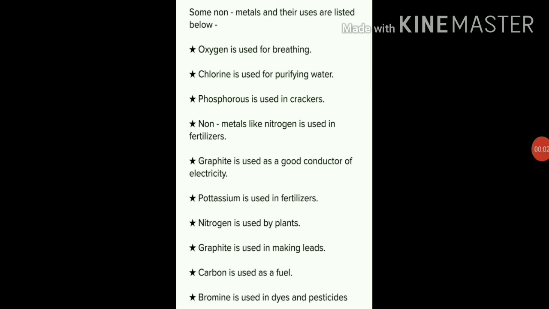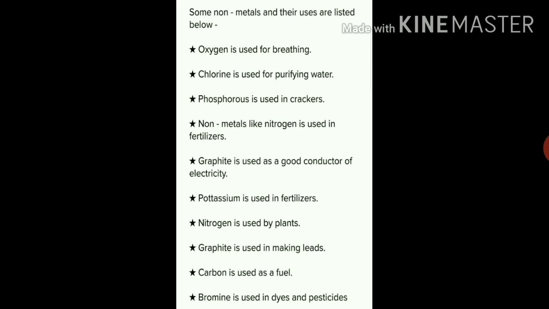Students, let's talk about some of the uses of non-metals also. All the living things around us like plants and animals are made up mainly of compounds of non-metals like carbon, hydrogen, oxygen, nitrogen, sulfur and phosphorus, etc. Non-metals are used in our day-to-day life for a large number of purposes. Some of the important uses of common non-metals like oxygen, nitrogen, chlorine, iodine, sulfur, phosphorus and carbon are given below.